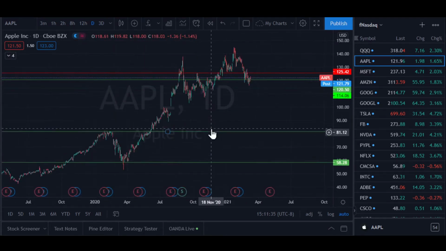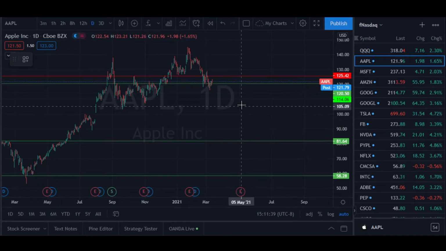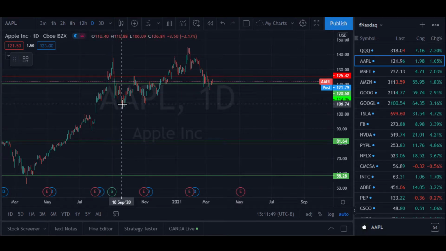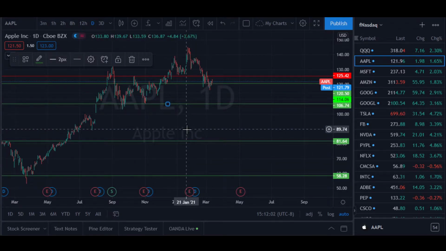Okay, and then as we get in closer, there are some things we could set. So I've got a touch right here. It was resistance. This was, I believe, when the split was announced. We had a little bit of a pullback here in late September, another pullback here end of October, early November. So to me, that looks like a good support line right there. So I'm going to mark that. All right. So that's how you would set